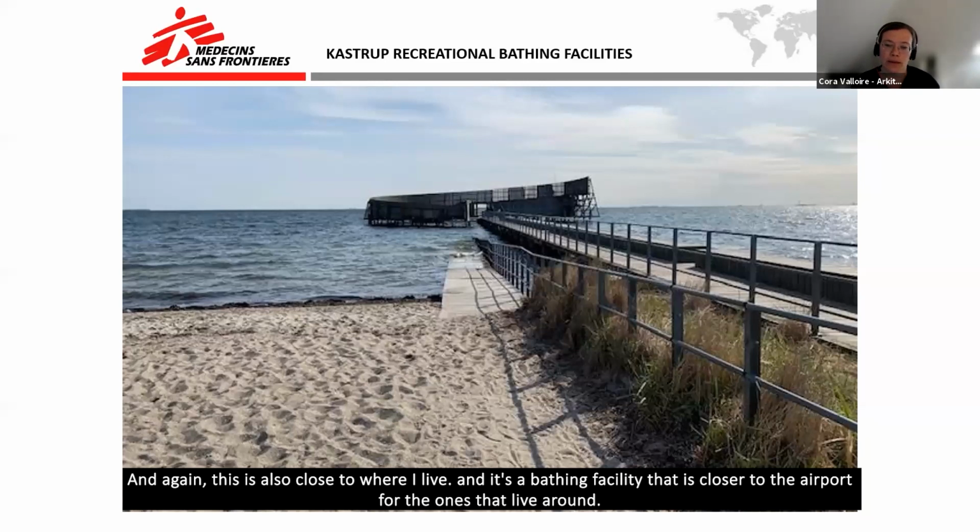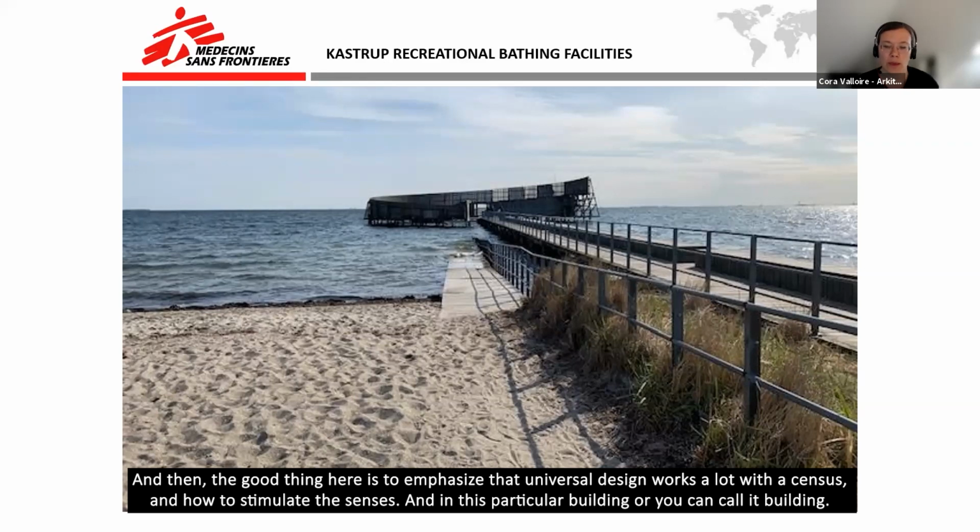And again, this is close to where I live, a bathing facility close to the airport. The good thing here is to emphasize that universal design works a lot with the senses and how to stimulate them.